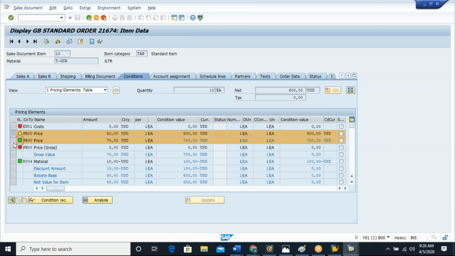You remember, we maintained, please understand, two condition records for the same condition type PR00. What are the levels we created? One record we created at the customer and material level, one is at just the material level, and the other one is the customer material level. So which is the more